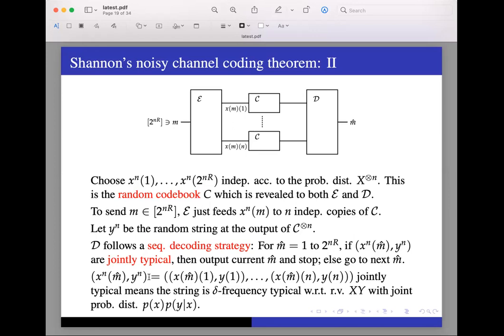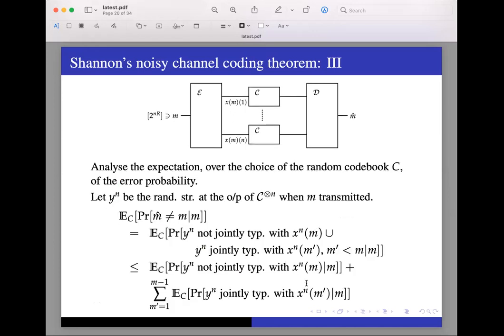So there's really no new concept out here. It's just that the random variable has now become a joint random variable xy, but it's still a random variable. And then all of it makes sense. Any further questions? It will become clear in the next slide when we start doing the error analysis. We will see what is jointly typical with what.